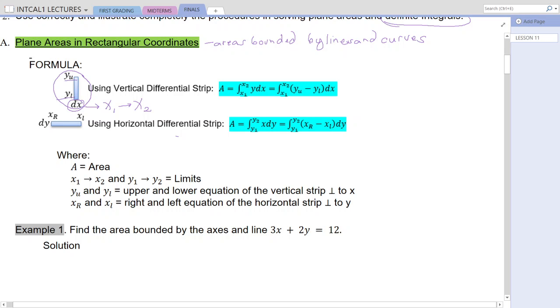So what touches the strip, that will be the equation of the y. Okay, so for the area, that is the integral from x sub 1 to x sub 2, and then y there is y upper minus y lower. So it depends on the equation that will strike the ends of the strip, and then that is multiplied by the width, which is the differential coefficient with respect to x. And the same with using a horizontal strip.